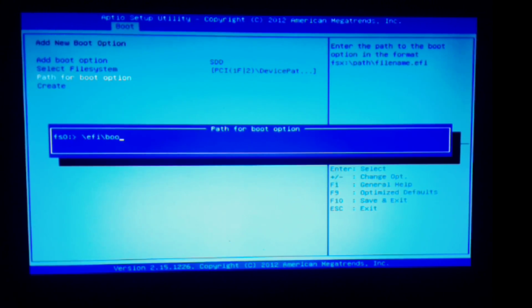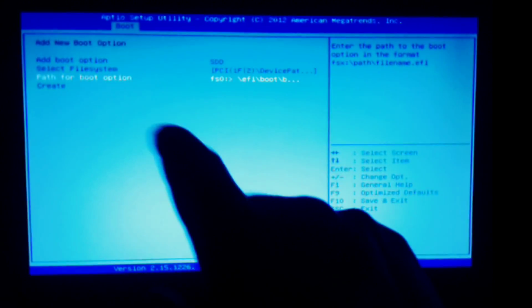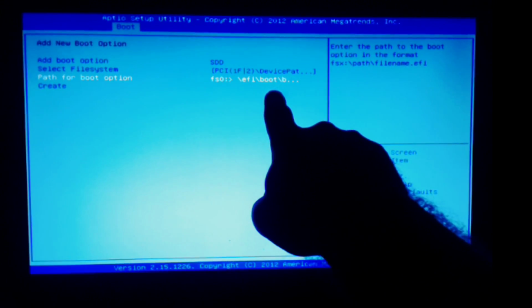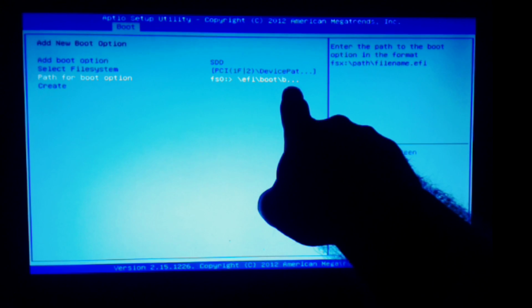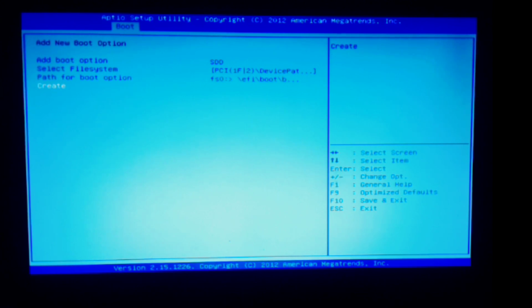EFI, and then boot, and then inside boot should be boot x64. Some places say there's boot IA64, or is it boot AI 64? I think it's IA64 .EFI. Okay. So before, when we saw those FS's, and there were 4 of them, and FS0 had a folder called EFI, and it had a subfolder called boot, and supposedly there's a bootx64.efi inside of boot. Okay. And we hit create,